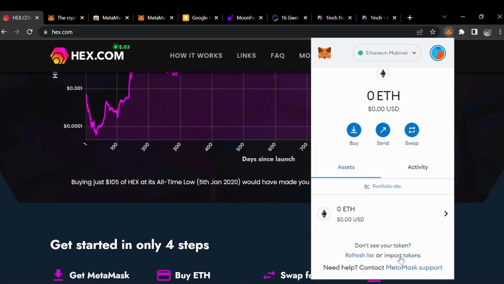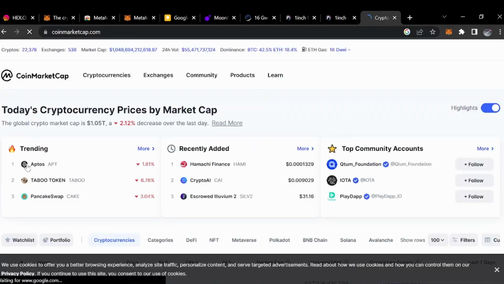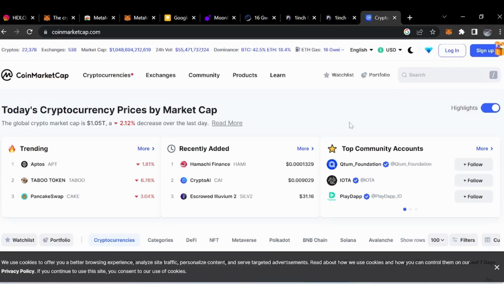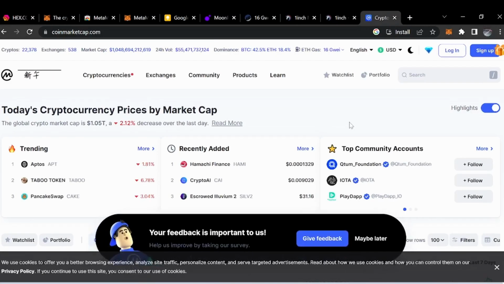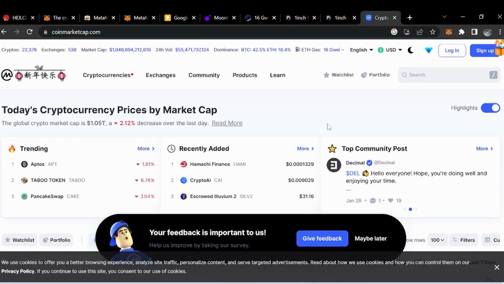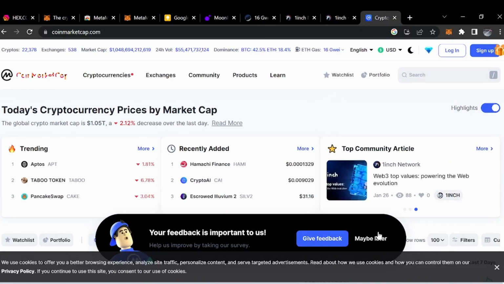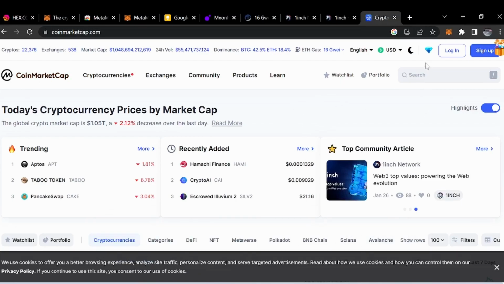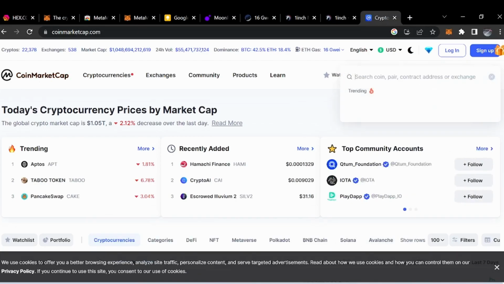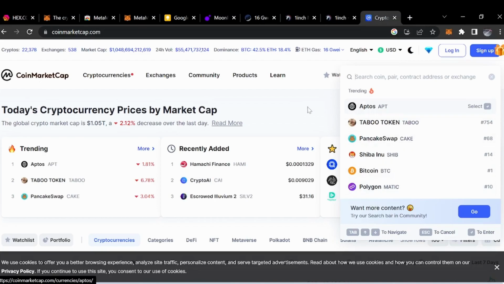So let's import a token as well while we're here. So we're on coinmarketcap.com. Just search CoinMarketCap, and it will come up on Google or any other search engine. And then in the top here, you can search for any sort of things. They're all ranked, but I wouldn't pay too much attention to the CoinMarketCap website. It's not that great,